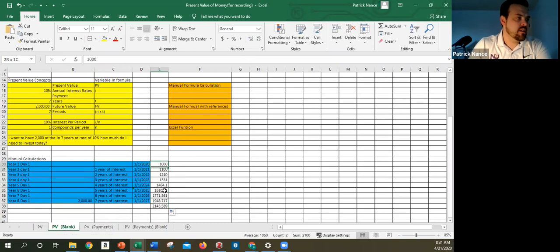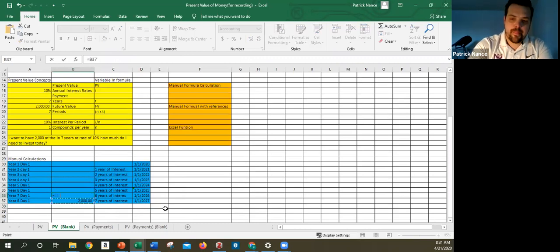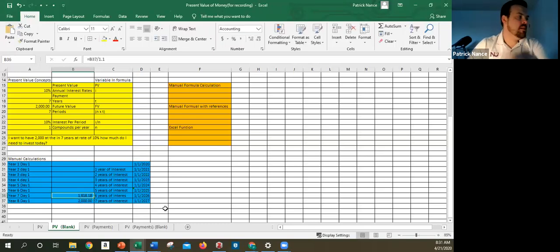Similarly, in the same way, I can do this in reverse. I can divide by 1.1 to say what it would have to be on year 7. And I could divide again by 1.1 and again by 1.1 all the way back to figure out the fact that I would need to invest $1,026. So what I could say now is if I put $1,026 in my account, it would be $2,000 7 years